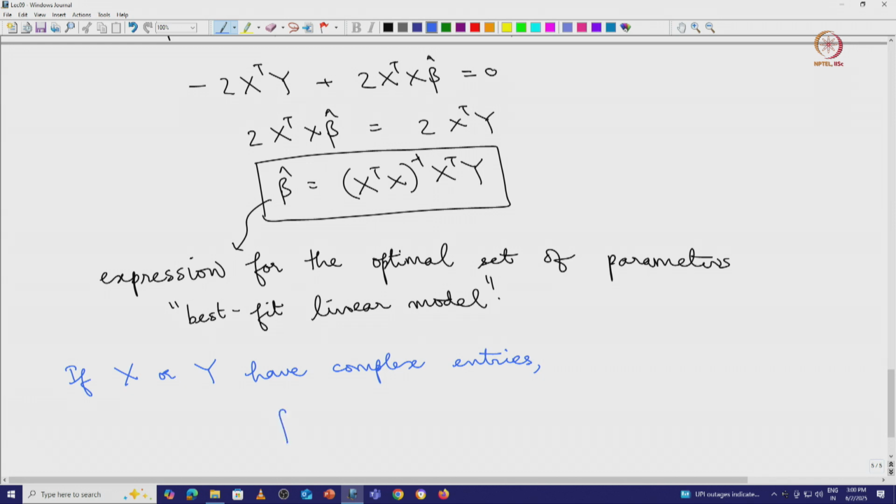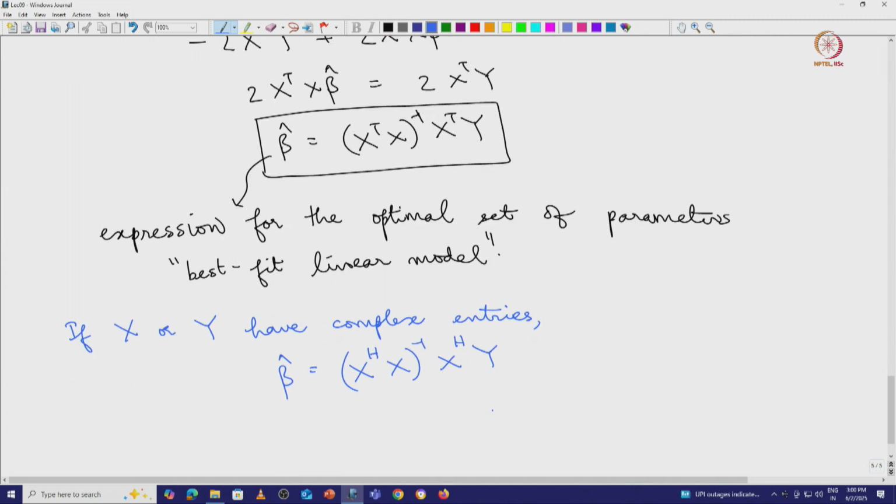So beta hat then becomes x Hermitian transpose x inverse x Hermitian transpose y, where x Hermitian transpose is basically x transpose complex conjugate, where this over bar, I am not denoting an average, this here is a complex conjugate,